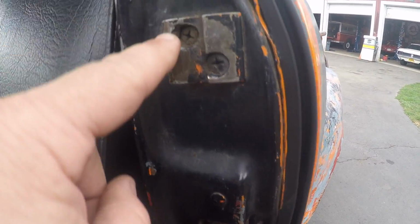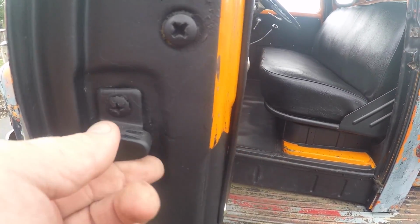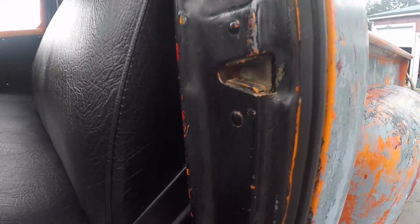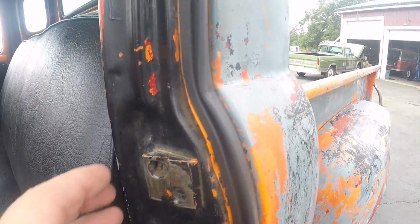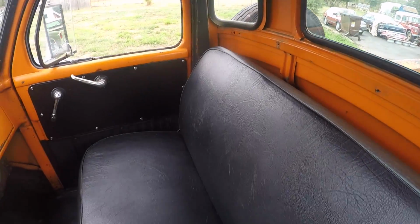If you look here, it's got two little latches on the door, a guide, and another little latch there, and that's pretty interesting, just safety-wise. And I did have the seat redone. You know, the seat looks good,